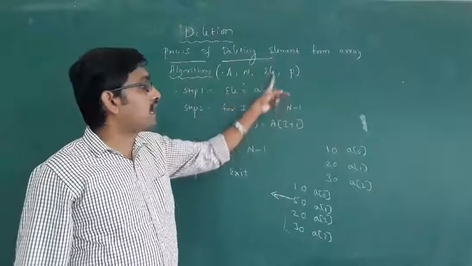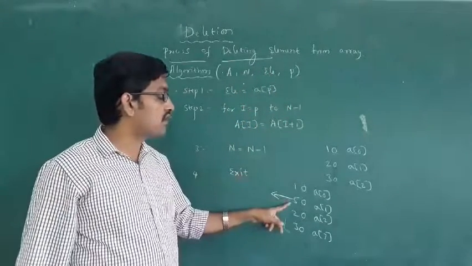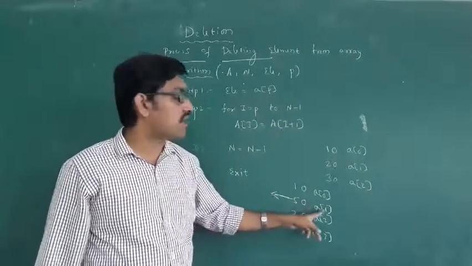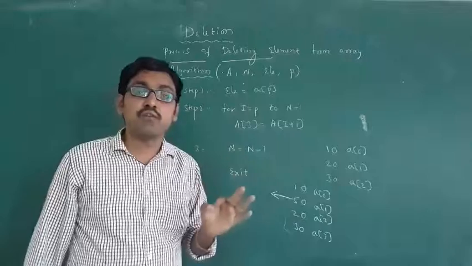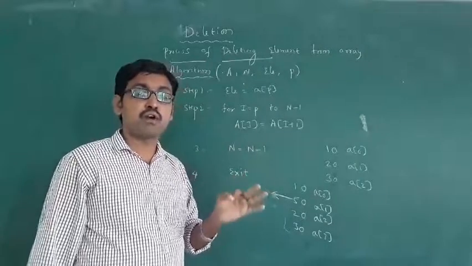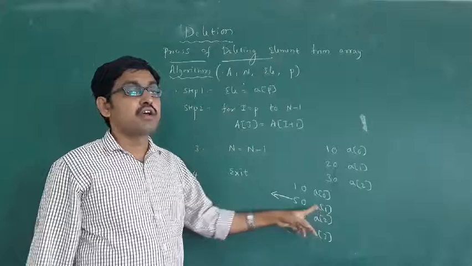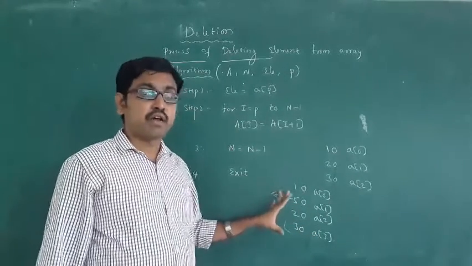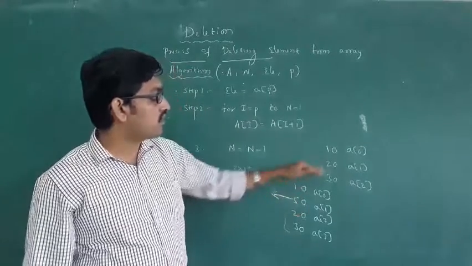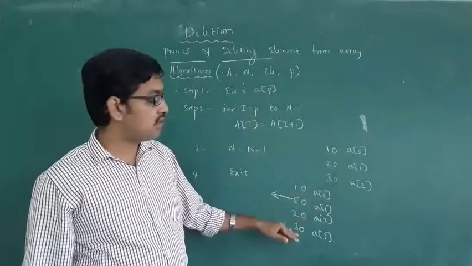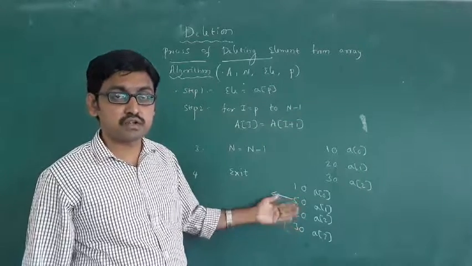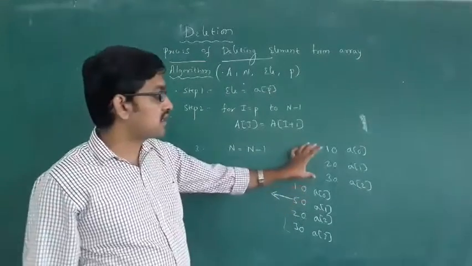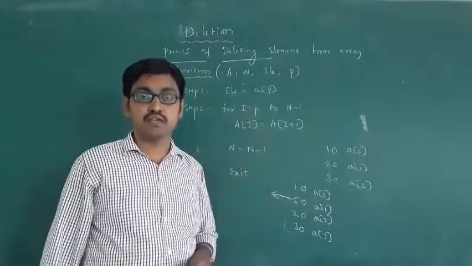Then one element, I want to delete one element. I want to delete 15. Then in which position do I want to delete? A of 1. A of 1 means the position. In which position do I want to delete the element? A of 1. Which element is that? I have to delete 15. What happens after deleting? What happens after deletion? 50 will be deleted, then 20 will come to the 50 place, 30 will come to the 20th place. Then the 4 elements become 3 elements. Got it?